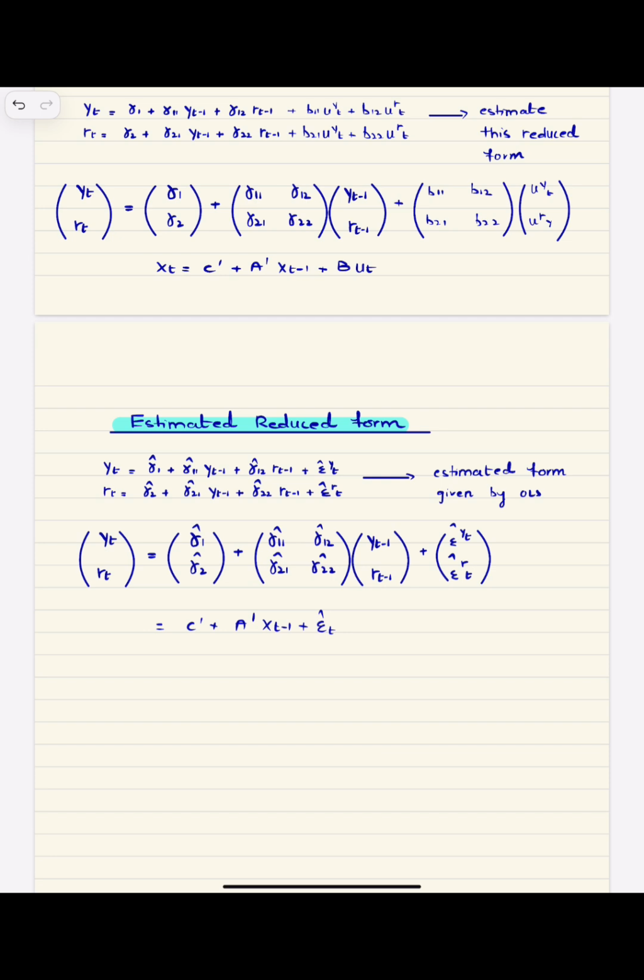With these estimates, which are now known, and by the way, there are 9 of these: 1, 2, 3, 4, 5, 6, 7, 8, and basically the covariance between these two, making 9. So we had 9 known